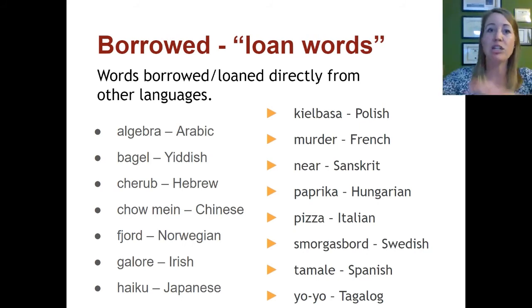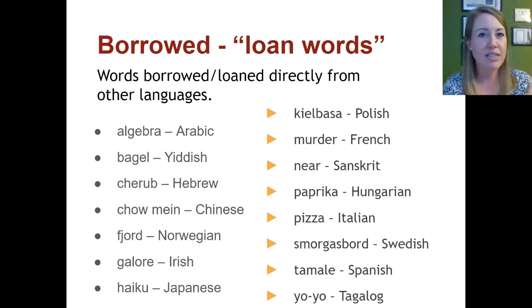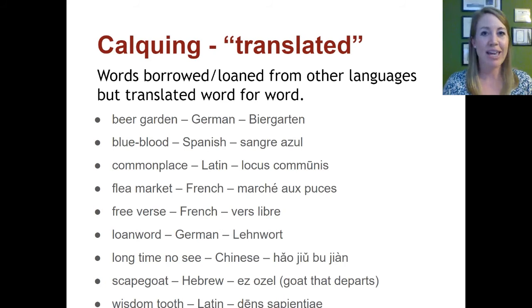When we took a word from the language and we put it in ours, we looked at a lot of Spanish examples, right? Salsa, we borrowed that from Spanish, we kept the spelling and the pronunciation, and we put it in our language. This is a little different than calquing. Okay, calquing is maybe when we hear a phrase in another language and we translate that phrase to something similar in our language. So we basically translated the phrase from the other language and took it into ours. One of my favorite ones, let's see if it's on here. I don't see it on here, bummer.